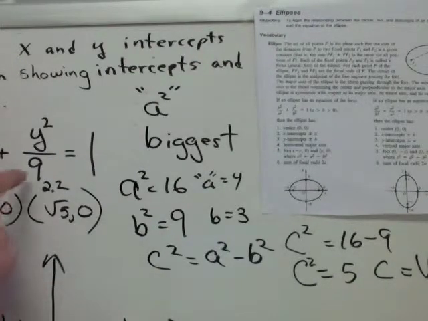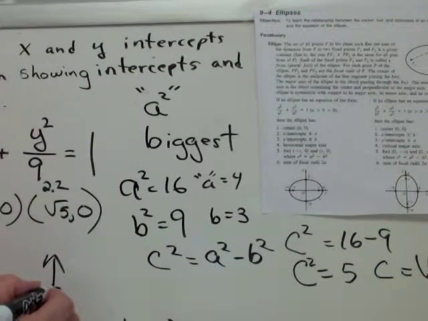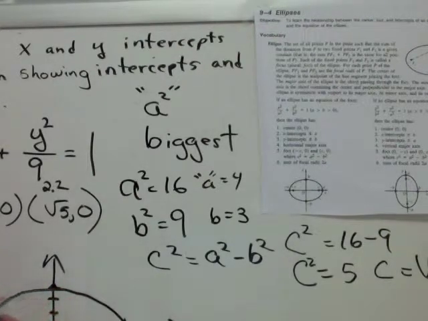But where else does it go through? On the y-axis, I'm going to count, what do you think? Do you know? I hope you said 3. Yeah, I'm going to count 3 there and 3 here. And now I can sketch in my ellipse,